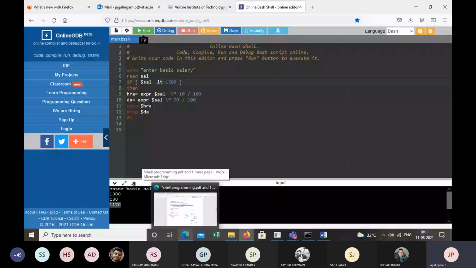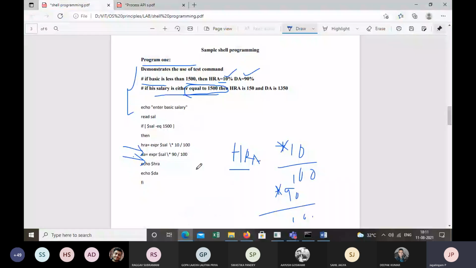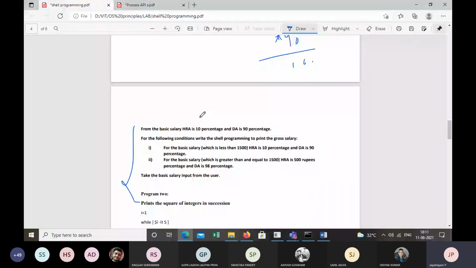Let me explain what we need to do here. From the basic salary, HRA is 10% and DA is 90%. Now for the following condition, write the shell script to print the gross salary. What is the condition? We have two conditions here.